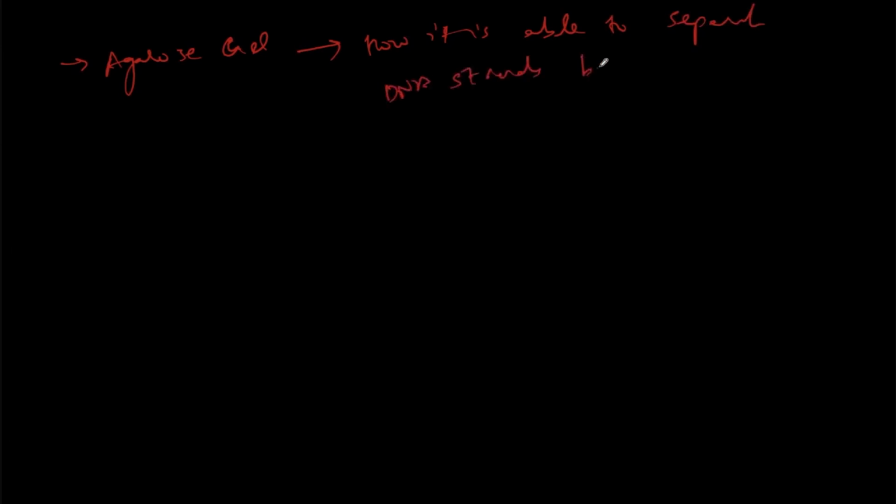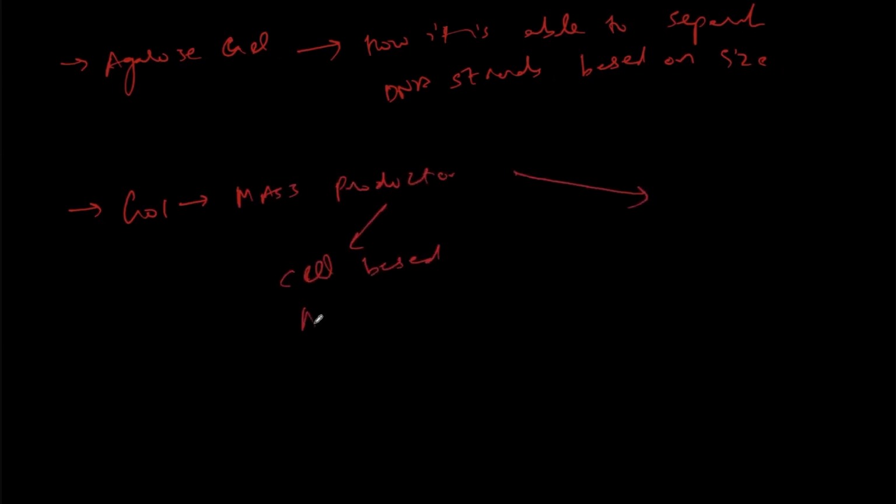So what we learned today is about agarose gel and how it is able to separate DNA strands based on size. Then, in order to mass produce a gene of interest, we have two options. One is cell-based amplification, and the next is cell-free amplification. In cell-based amplification, we basically transform bacteria, and then we culture,